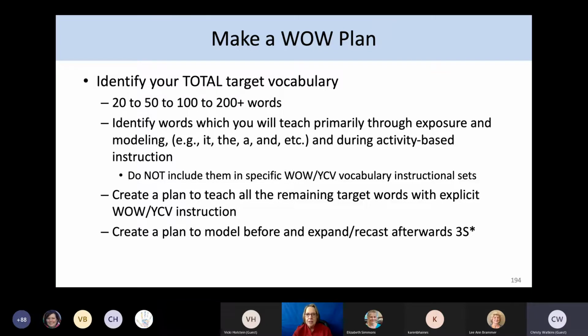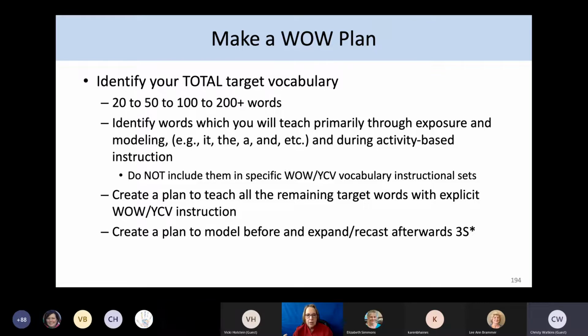And they generally start, because we talk about systematic explicit instruction, by identifying their total number of vocabulary words. How many words in your word of the week are you hoping that your kids are going to be able to learn? So you've got to figure out your total vocabulary plan. Some classrooms working with kids with significant disabilities might only in a school year cover 20 words. Some might cover 50 words. Some might get as many as 200 words, where when they're doing a word of the week, they're probably doing 2 or 3 words in a week. But it all starts by making sure you know what's your target vocabulary you're aiming for,